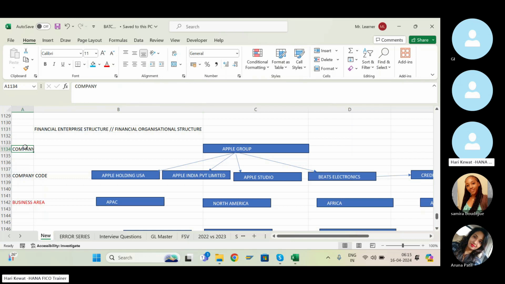So first we have to create the company. Company is known as a group company. Okay, so here Apple Group. Then each legal entity is called your company code. So let's say Apple Holding USA or Apple USA. If you have one company, Apple, that is in USA, for that you have to create